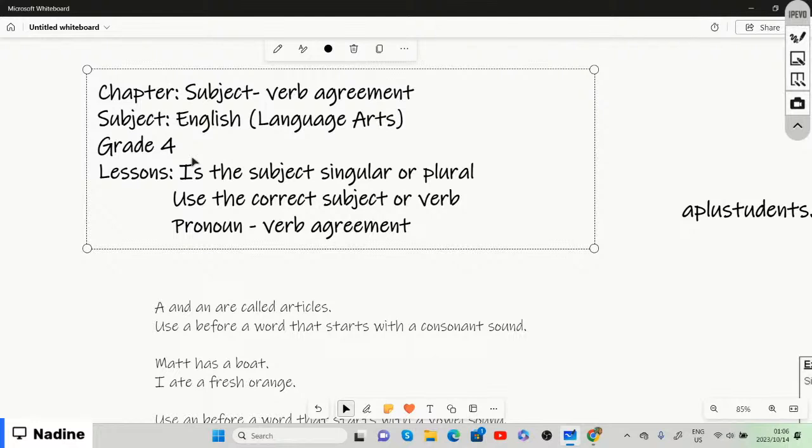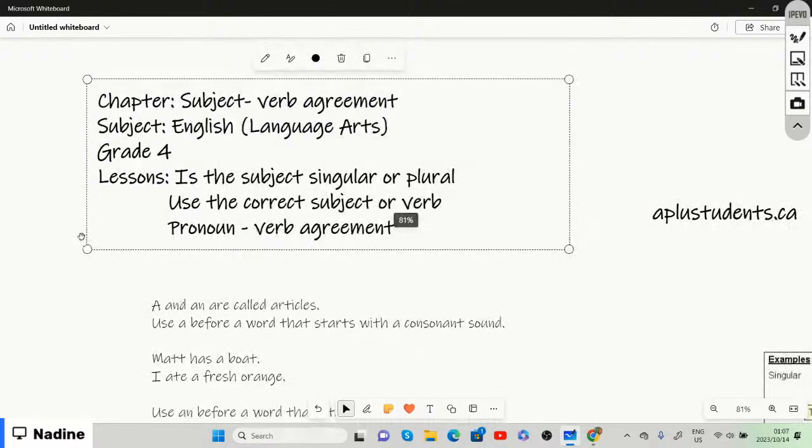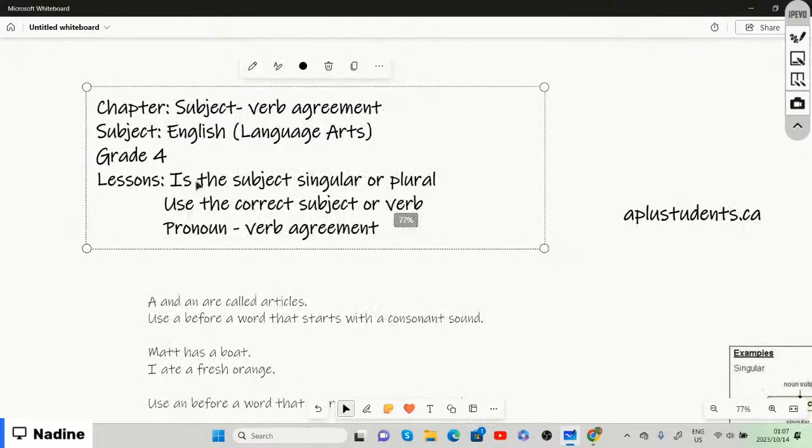And use the correct subject or verb, and pronoun verb agreement. All right, so that is going to be our focus for today under the chapter of